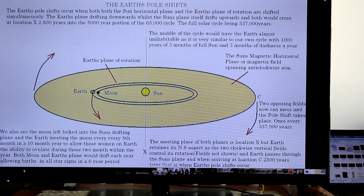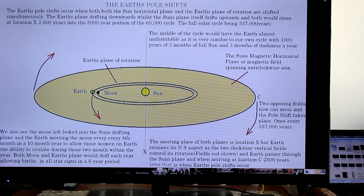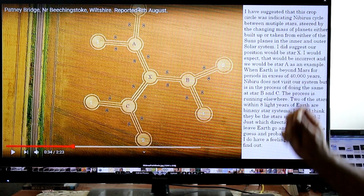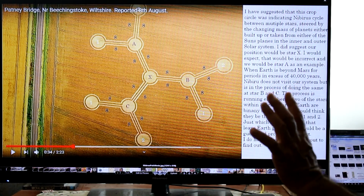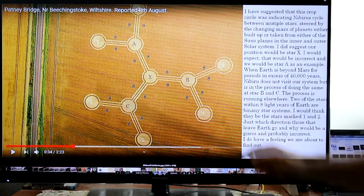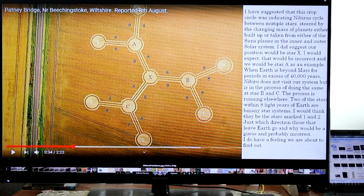I would expect what we're seeing here, that the pole shift has taken effect. We're actually seeing a situation where we are no longer the star A, B or C anymore. I believe we are being told with the cycle and the flip of the solar plane that we have changed. It's not physically a totally different star. Our star doesn't go away. What happens though, we do get another star back. We become star 1 or 2 within the sequence, because now we've had a binary star brought back to us,